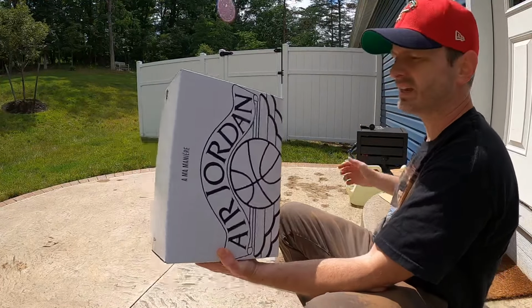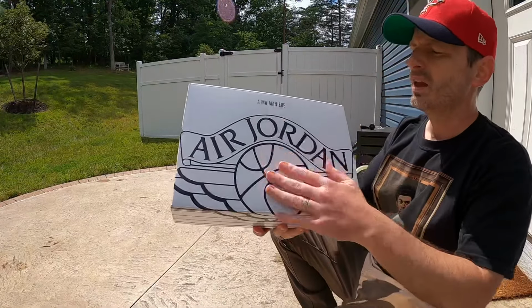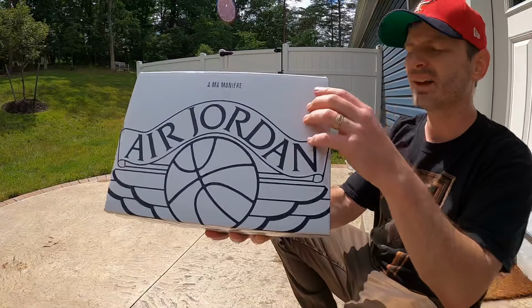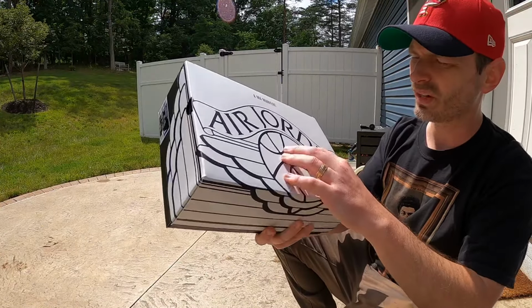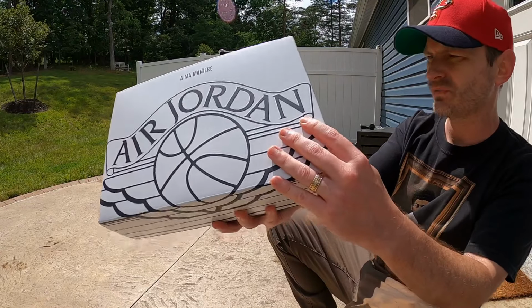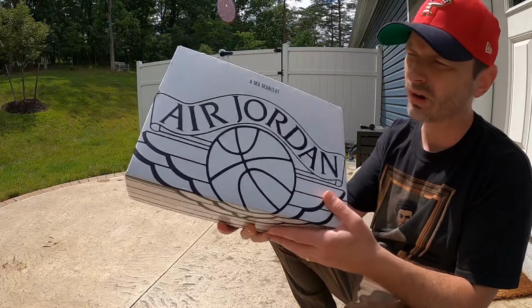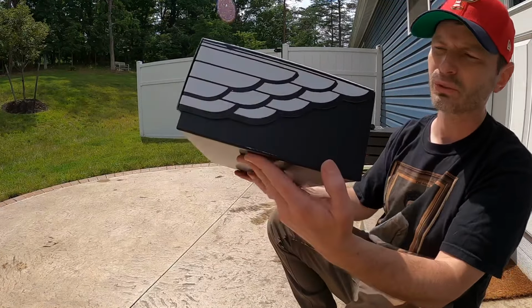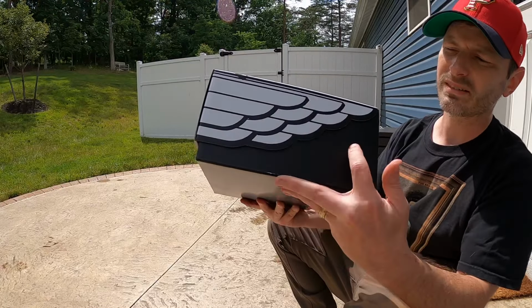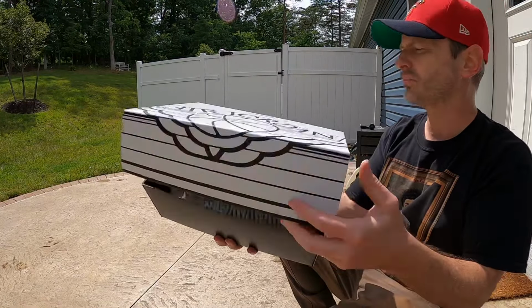A lot like the Fragment Travis Scott Jordan 1 sleeves, but then we've got this nice off-white color, and then Air Jordan branding, and I can't tell if this is black or if it's like a really dark Bordeaux color, but either way it looks dope, cool as can be, real clean. You got the wings that overlap to the sides of the box, and then it's like the flip top lid. Then